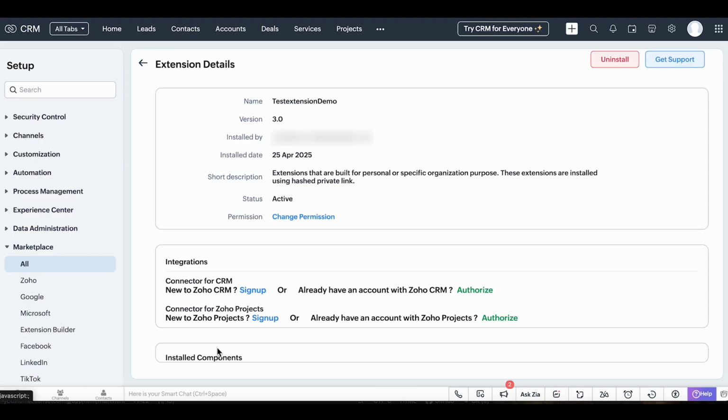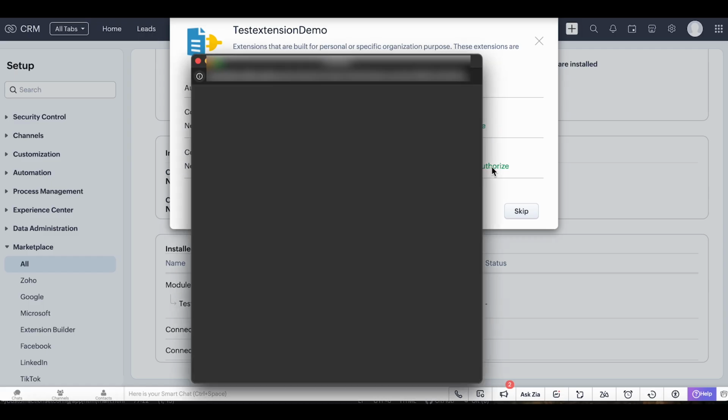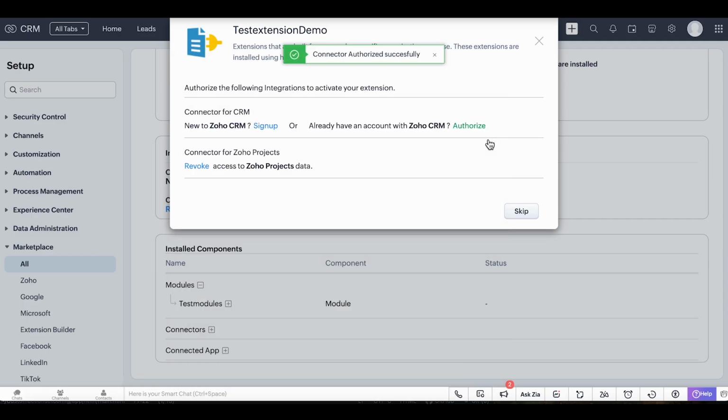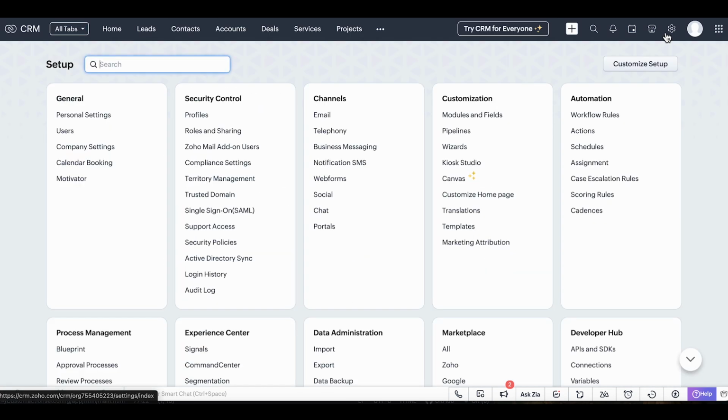So if I enter into this, you will be asked to authorize your Zoho Projects account. So essentially whoever is going to handle this particular CRM account, their Zoho Projects only has to be fetched and displayed in the UI. So you have to authorize this particular connector in order for that secure integration to be established. So I'm just authorizing my Zoho Projects account. So here you can see the connector is successfully authorized now. So now as an end user, you can go ahead and define the workflows.